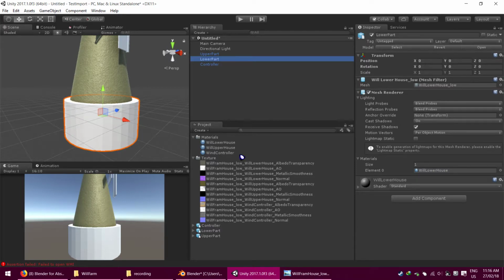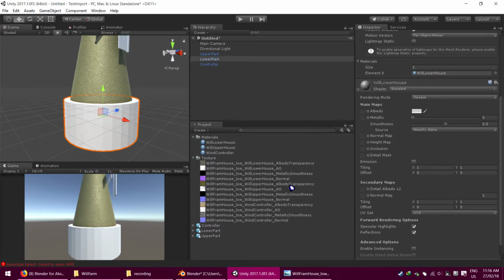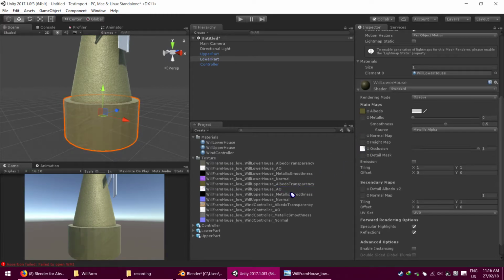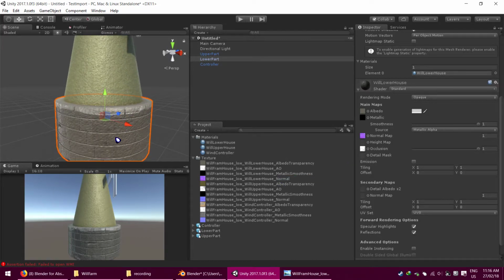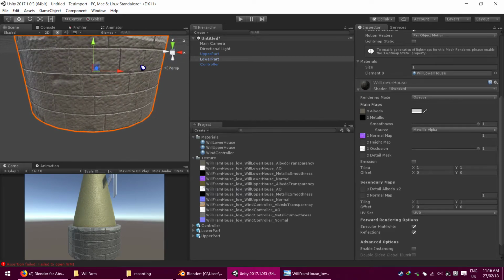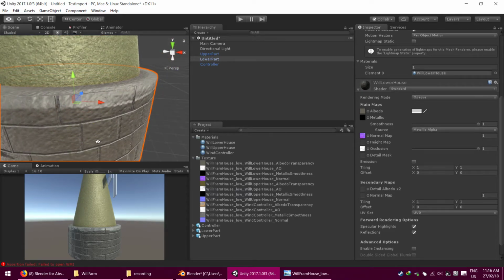Okay, low poly, lower bed also the same like this. Lower bed albedo transparency and AO. Lower bed is here. Albedo transparency, AO, material smoothness, and then normal. Boom. Yeah, nice. The texture is painting, not reality,